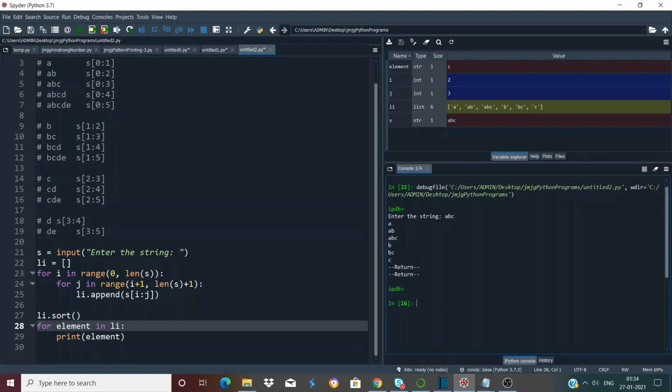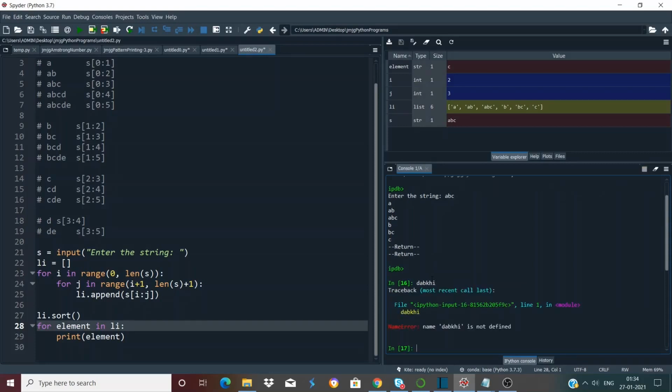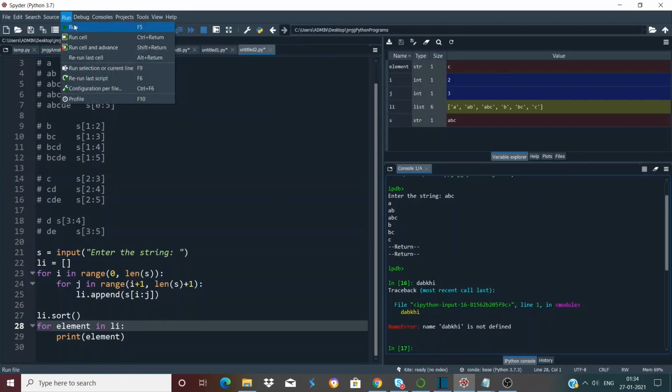Now, as the string that we entered was already in sorted form, li.sort has nothing to do here. But if we enter a string whose characters are jumbled up, that is, not in sorted order, for example a string like DABHKHI, we have not run the code yet, so let's run the code.